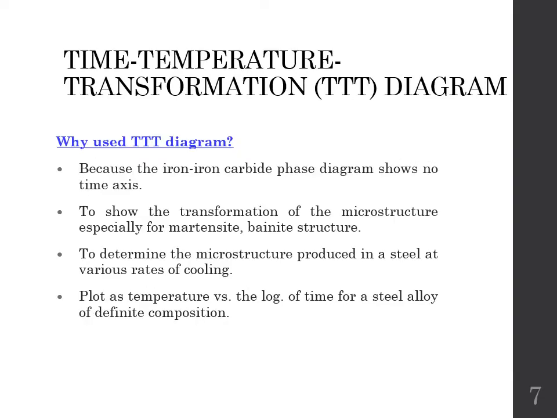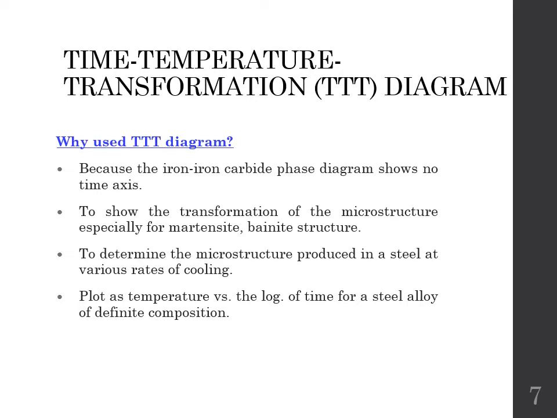In the previous chapter, you learned about the iron-iron carbide phase diagram. According to certain composition of carbon, the microstructure will change accordingly with the applied temperature. So why do you use the TTT diagram in this chapter? It is because the iron-iron carbide phase diagram shows no time axis. You only know the composition and the temperature. You don't know how long you shall heat your material, your steel or your iron, at certain temperature and